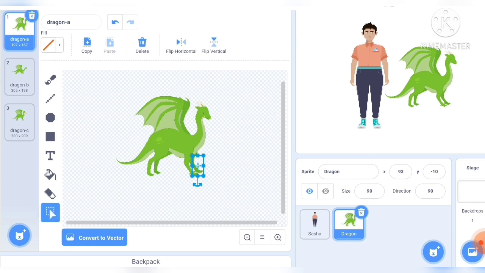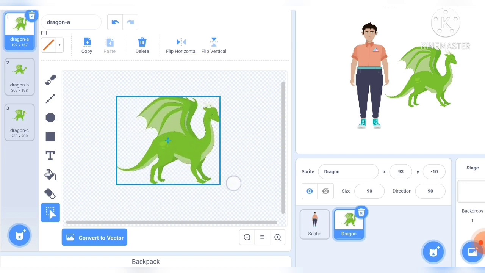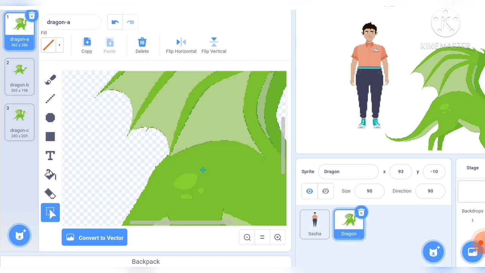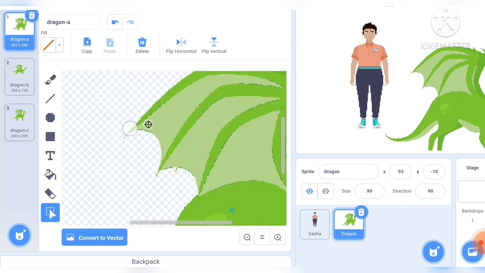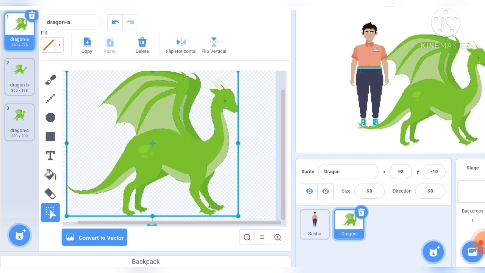First you have to go on this, do like this, and then you can even choose this whole thing. After that you just have to make it small. You can see now I will just open it. You can see this is also pixel art. When I zoom in, you can see these are all pixel art. These two we call pixel art. So that was the second method, and now we will choose the third method.